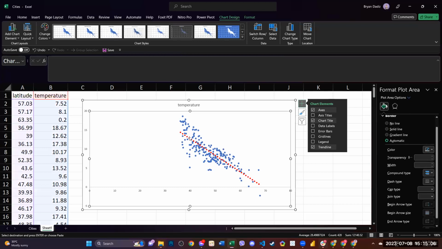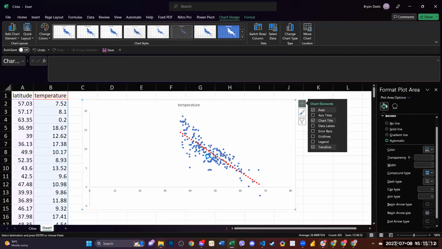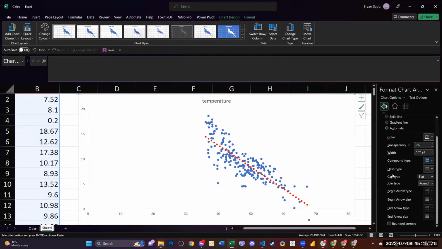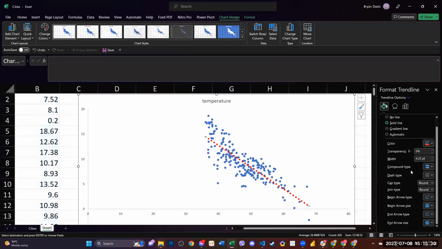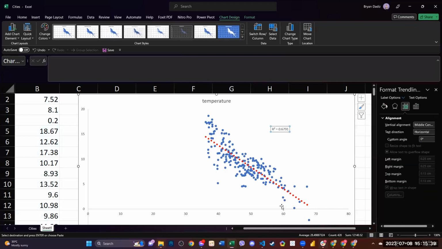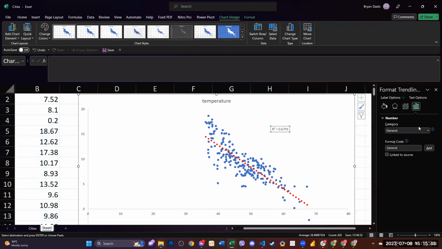So meron tayong tinatawag na error dyan. May mga error yan. So ang error niyan is the distance of the points to the trend line. So the trend line is our regressor. So we can actually, by clicking on a trend line, we can also view the R square. So this sample has a correlation of 67. Okay. And the equation is